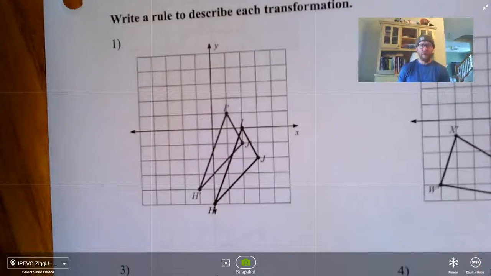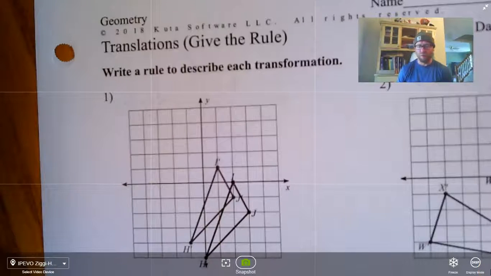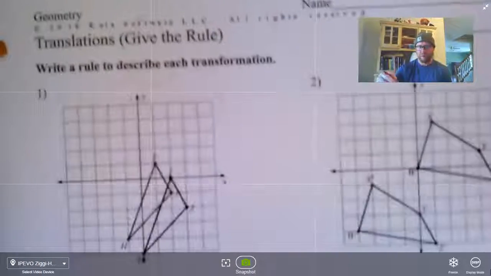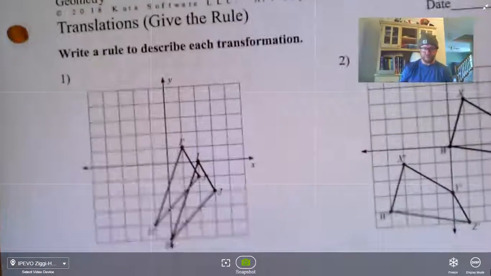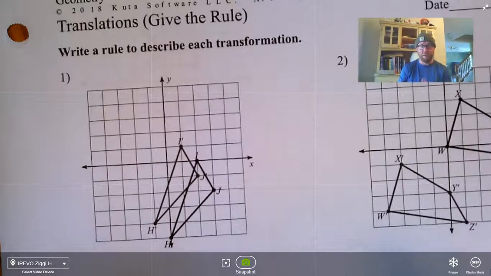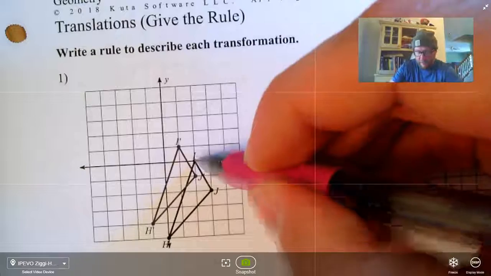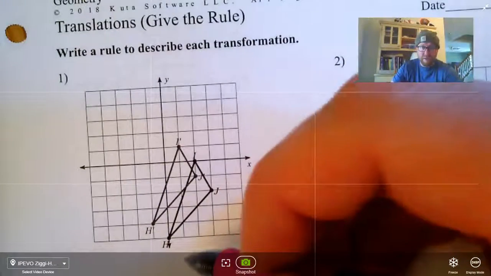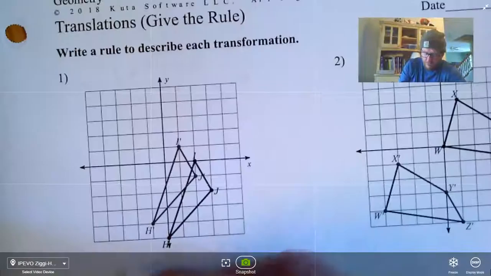All right. Here, we're going to write a rule to describe each transformation. The trick here is to figure out what consistent action will map each pre-image point onto its image point. So, for example, here I is up and back to I prime, J is up and back, and H is up and back. So what we're going to do is write this rule as